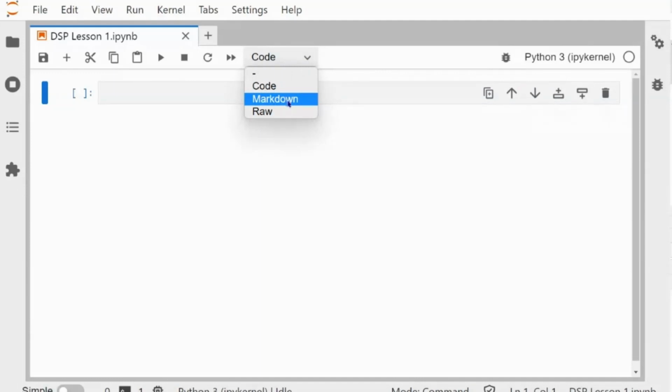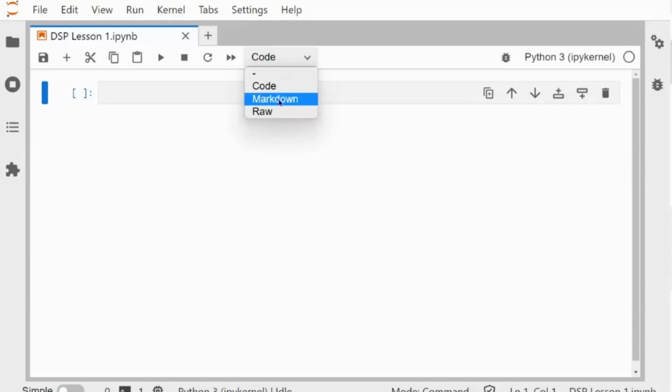So markdown is actually an example of a computer language called a markup language. It uses symbols to tell a computer how to format text. Another example of a markup language is HTML. And in fact, you can write in HTML inside this markdown cell, and it works as well. As for raw, you can ignore that for now. We're not going to use it. The first two are the most important ones.